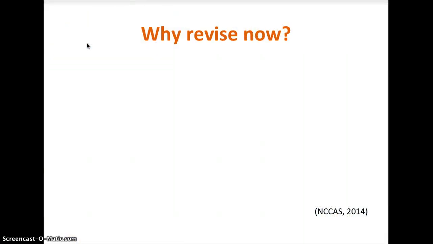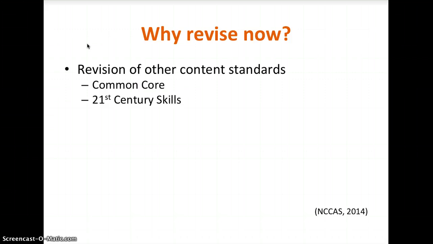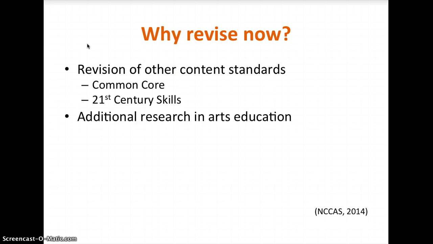The National Coalition for Art Standards, the group that is revising the national standards, explains why they chose to revise the 1994 art standards now. Reasons include a revision of other content standards, mainly being Common Core, which also include a focus on life skills known as 21st century skills, or sometimes called soft skills. There's also additional research in arts education,